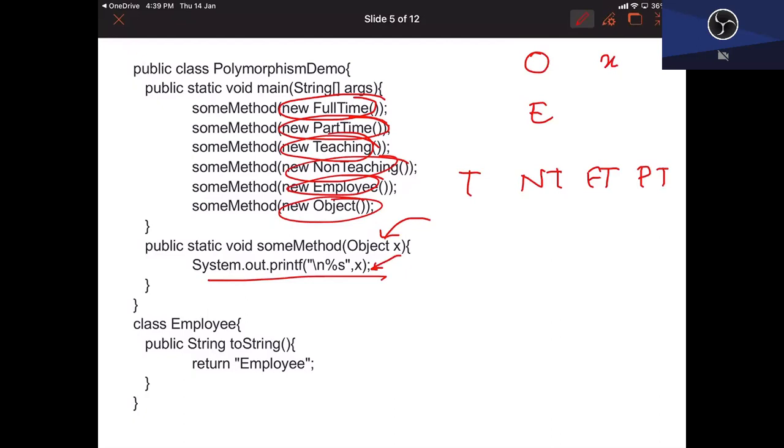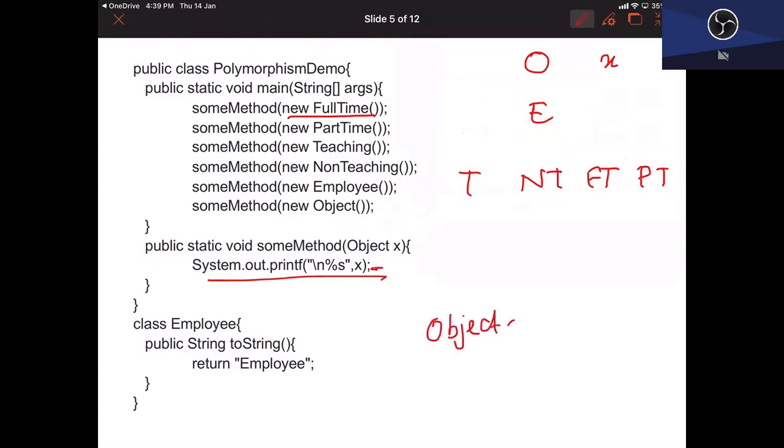So in the first method call, what is happening is that we are sending a full-time object. So X, it is like writing object X equal to new full-time.